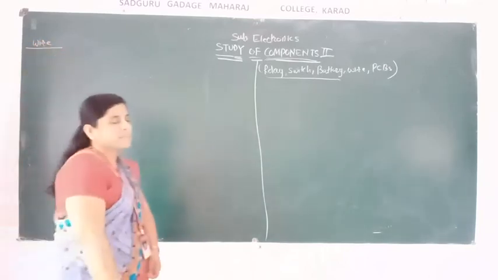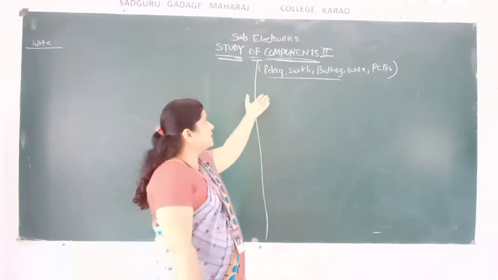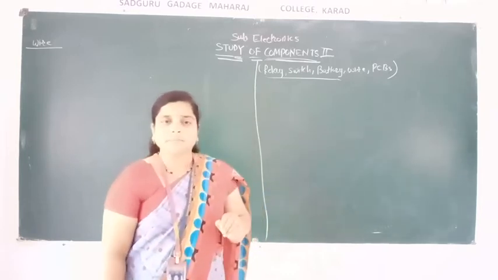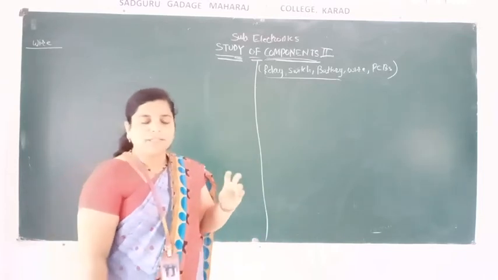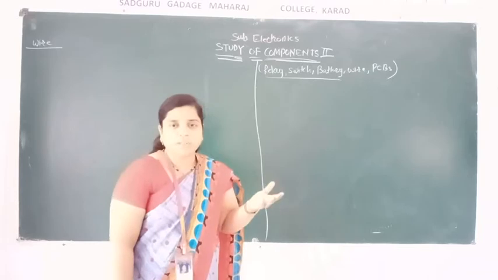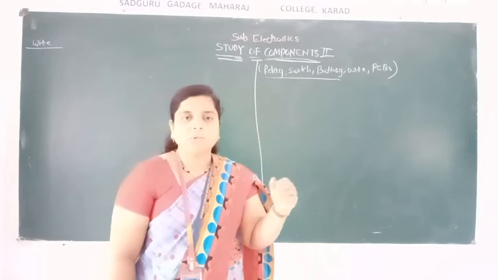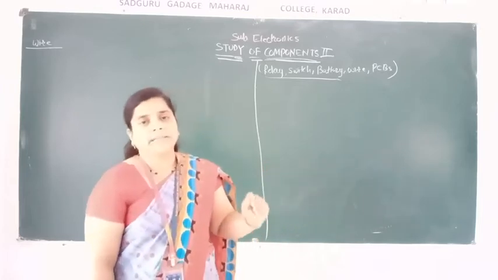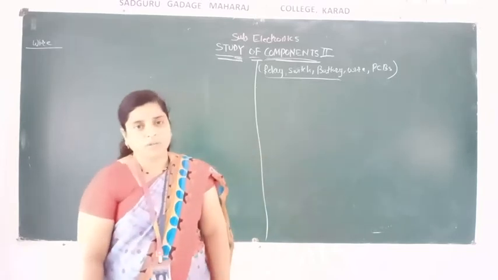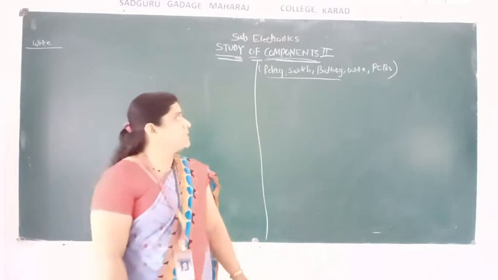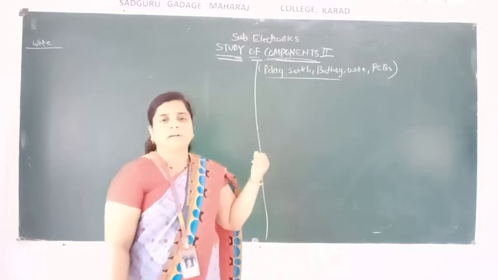So first of all I want to review those points. That is the relay. What is a relay? A relay is an electronic device which is used to switch the circuit on and off. Sometimes it is not possible to manually switch the circuit on or off. At that time you can switch it on and off with the help of a remote control. So relay is used in remote controls also. One more example I have given you for relay is the inverter we use at our home.